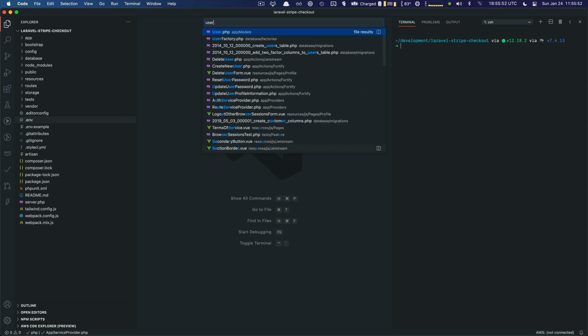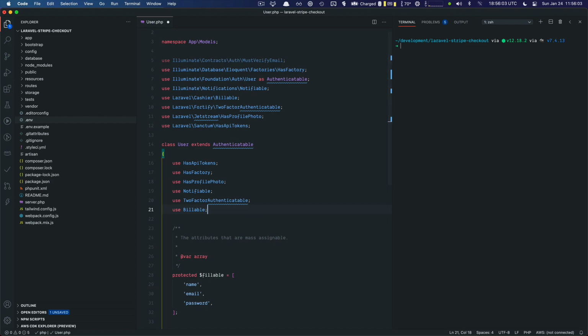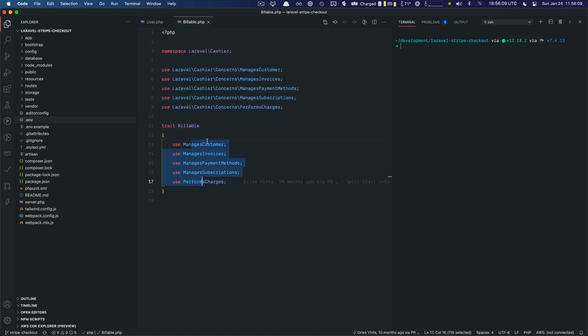Next, we need to set up our model. So in our case, the user is going to become the billable model. So what we need to do is add the Billable trait to the user model. That tells Cashier that the user can be billable, and it adds a bunch of new methods,